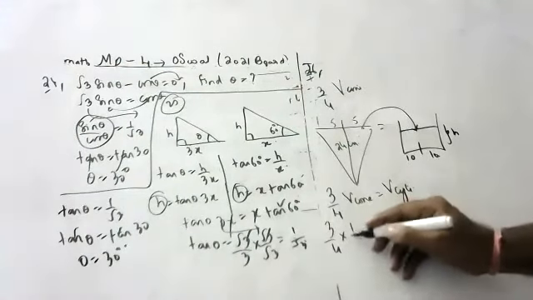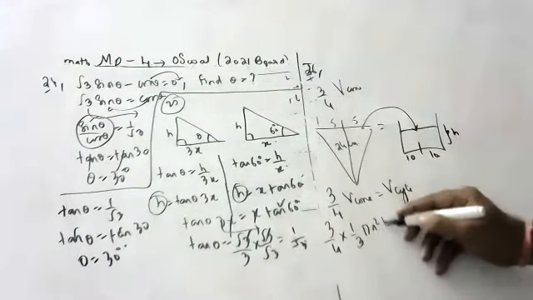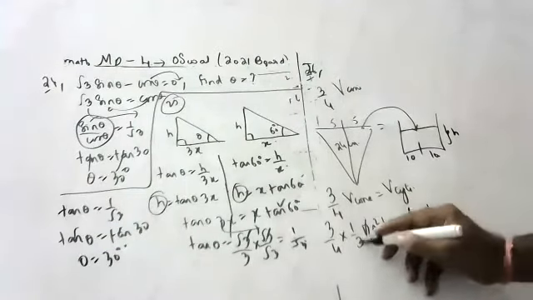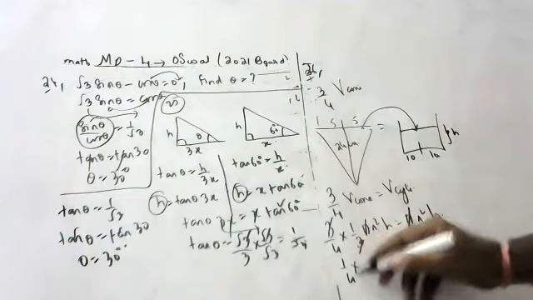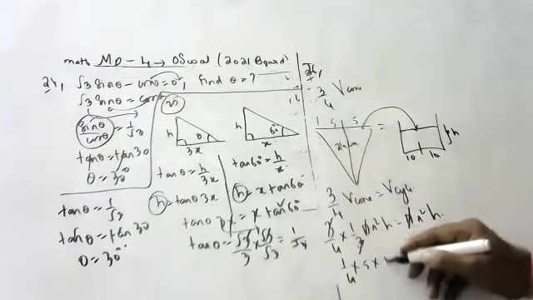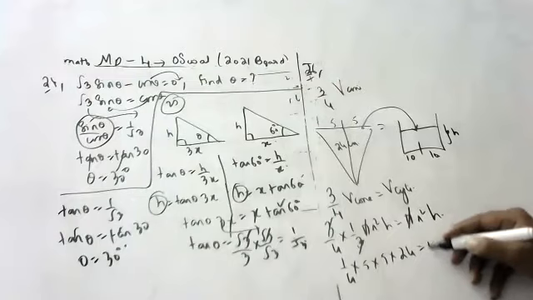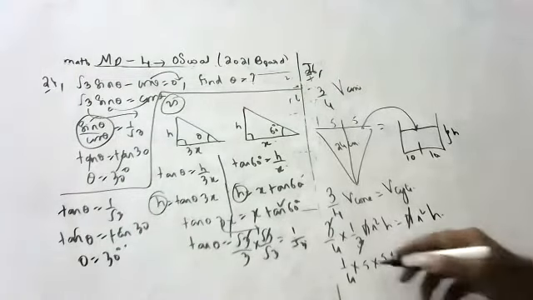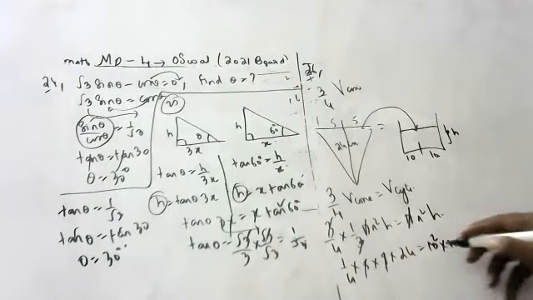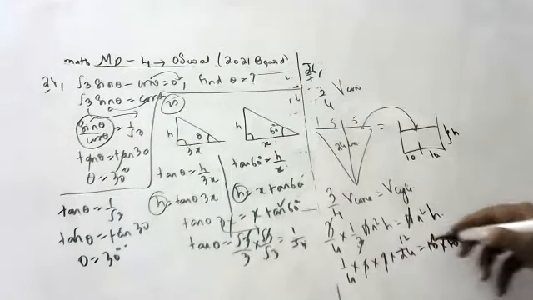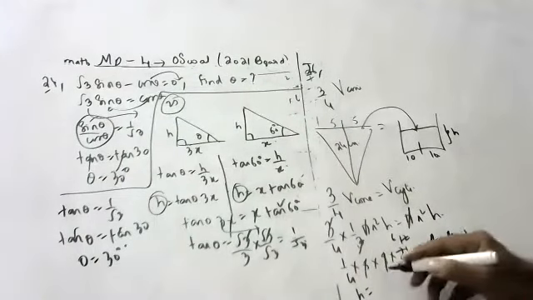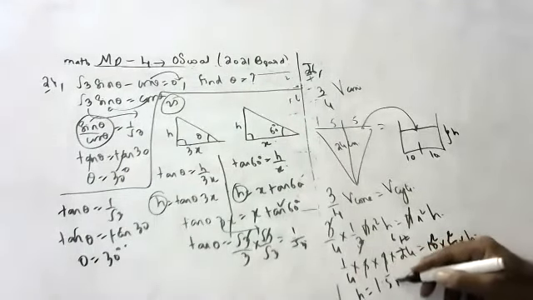Volume of cone is 1 by 3 pi r square h, and here only 3/4 is filled, so it is 3 by 4 into 1 by 3 into pi into 5 into 5 into 24 equals pi into 10 into 10 into h. So children, 5 twos are 10, 5 twos are 10, 2 twelves are 24, 2 sixes. So 6h by 4 means h equals 1.5.